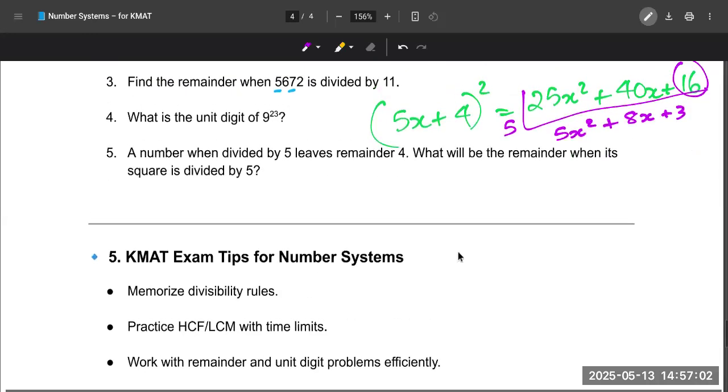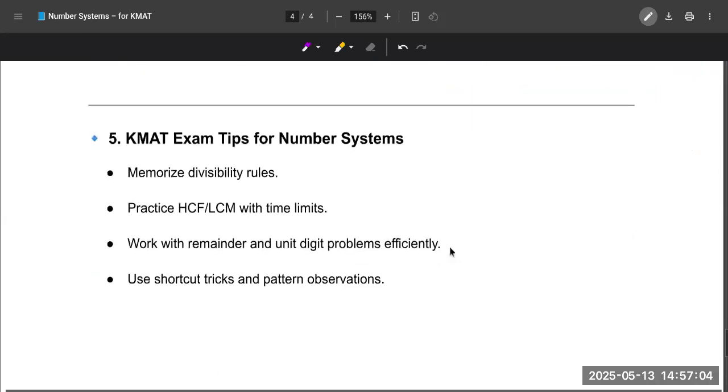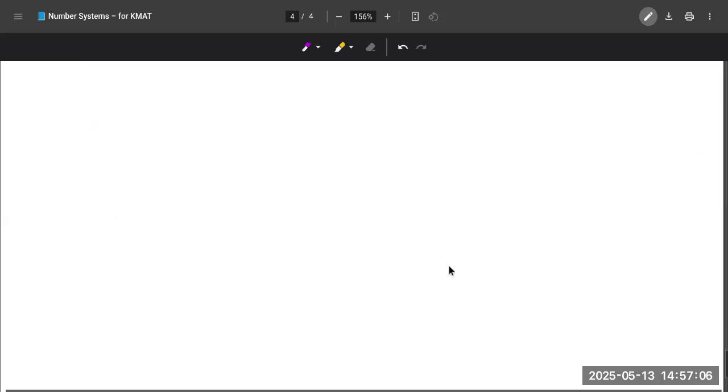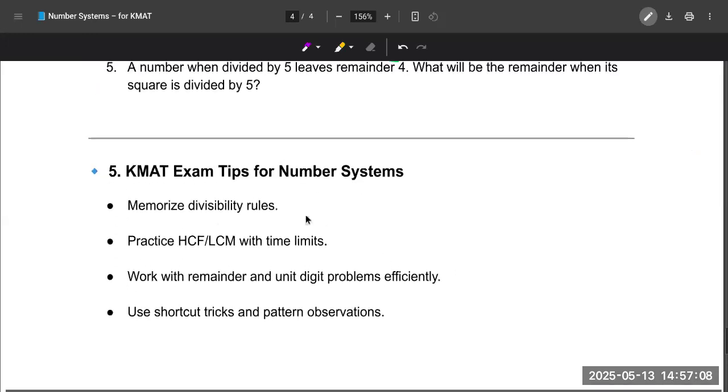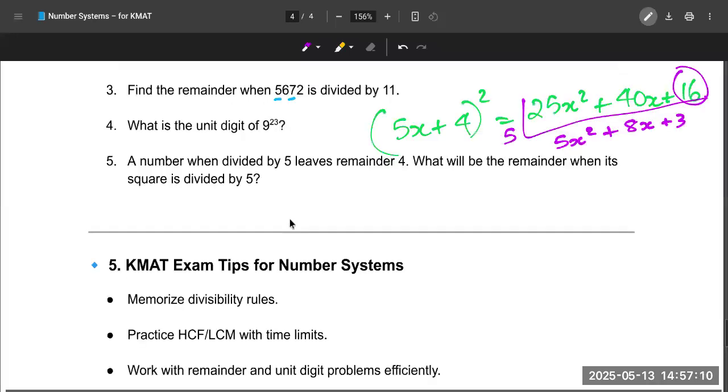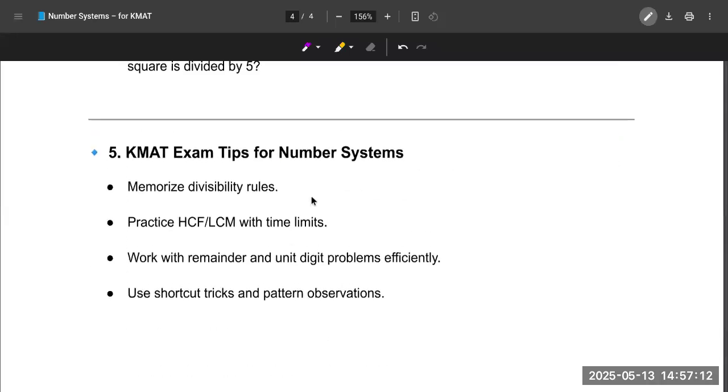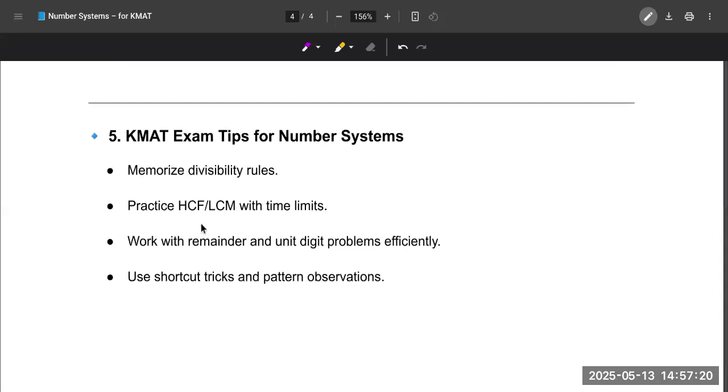I think we can wind up today's class. So, memorize the divisibility rules, how to find out if a number is divisible by 5, 6, 7, 8, 9, the things we did. And practice HCF and LCM questions. Do you have any other questions about mock tests? Yeah, I have